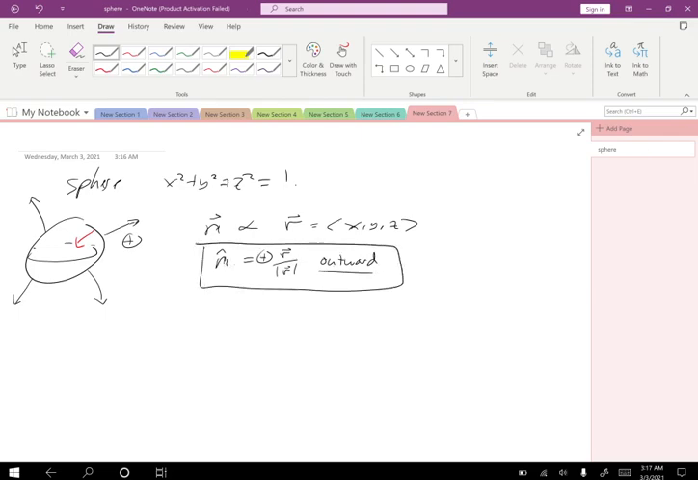I'm claiming this is the unit normal vector. It's just the position vector divided by its length. So let's check. We just need two tangent vectors. So we need R parameterized. I would obviously use spherical coordinates to do a sphere, right? What else do you expect? So R in spherical coordinates,